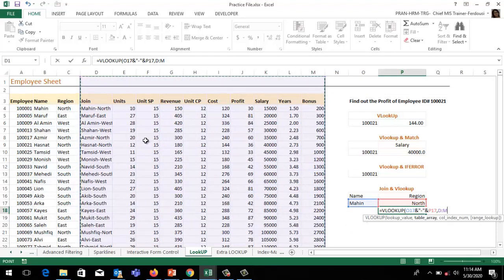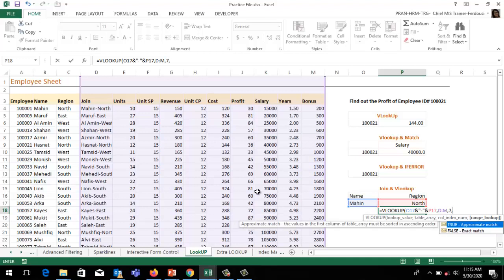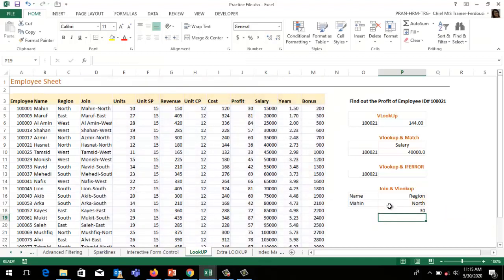That means we will search from this column. Then use comma. The result would be profit or salary. Then 1, 2, 3, 4, 5, 6, 7. Then 7 will be profit. Then 7 comma exact match, so use FALSE. Close the parenthesis. Then press enter. Then 30 North Mahin.